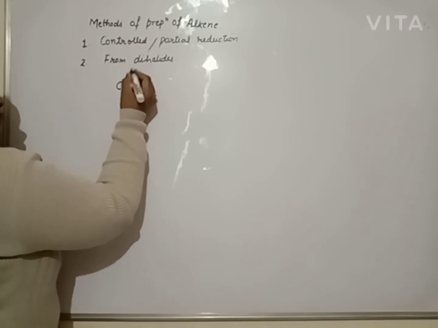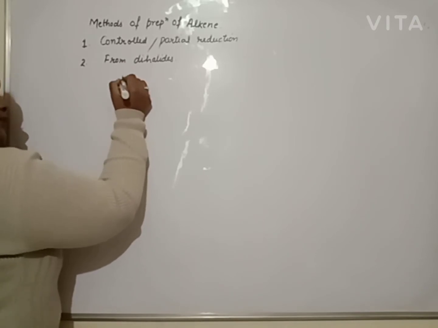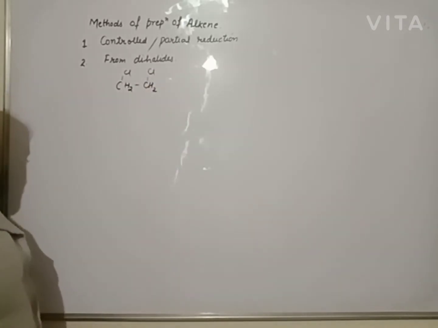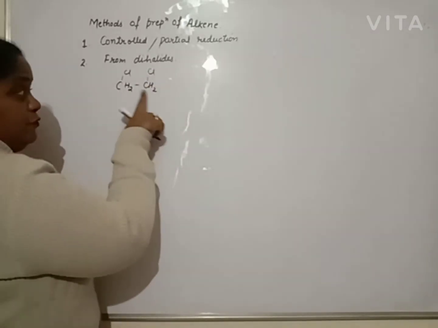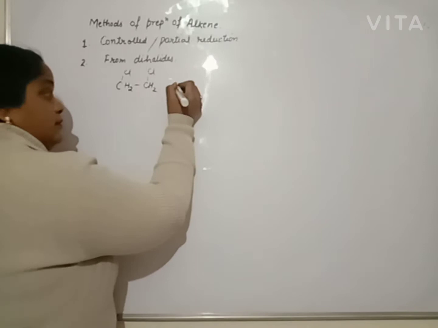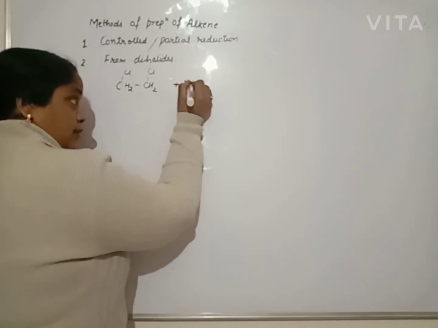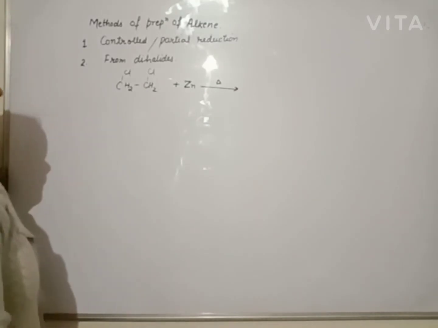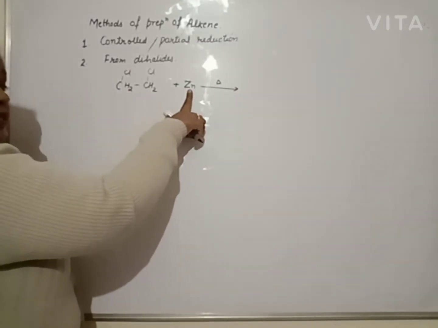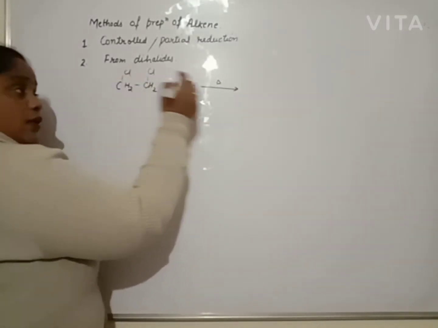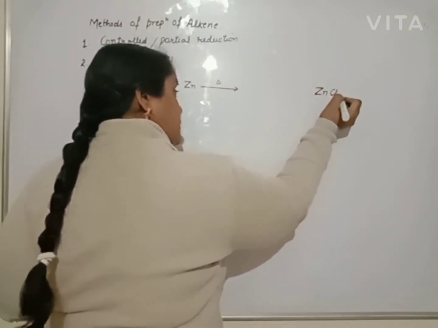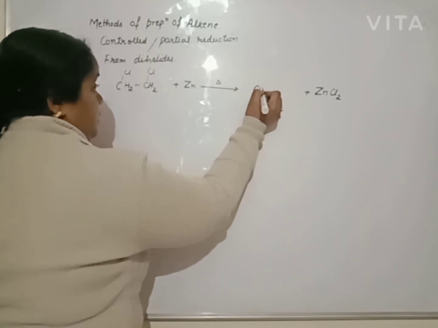Just like you have CH2Cl, CH2Cl. Clear? This is vicinal dihalide. In this we will add zinc dust and heat strongly. What happens? This zinc is more aggressive for the halogen. It will take off both the halogens from the halides and